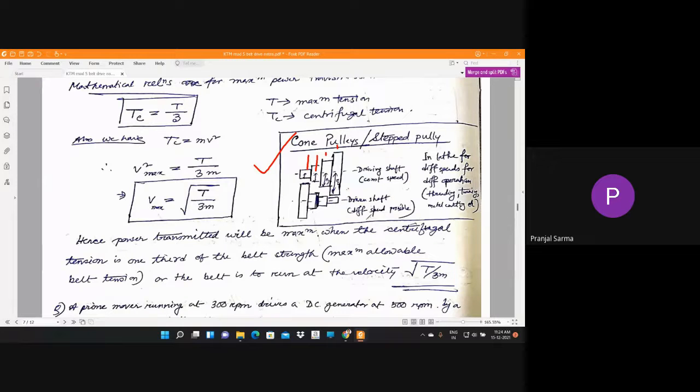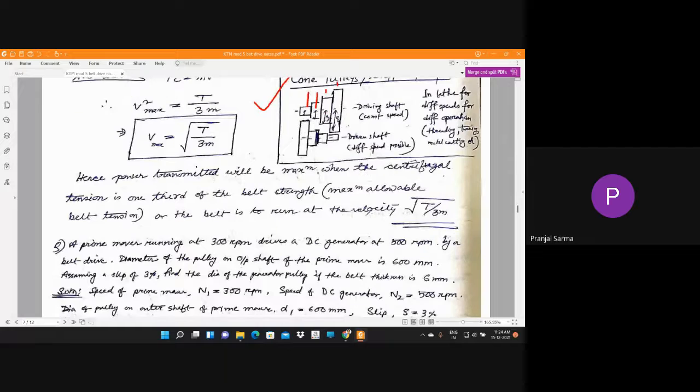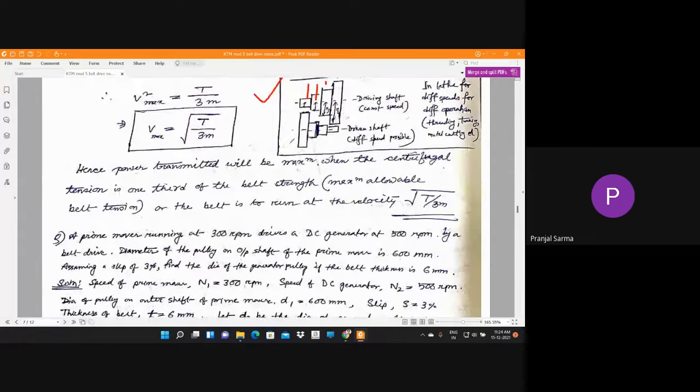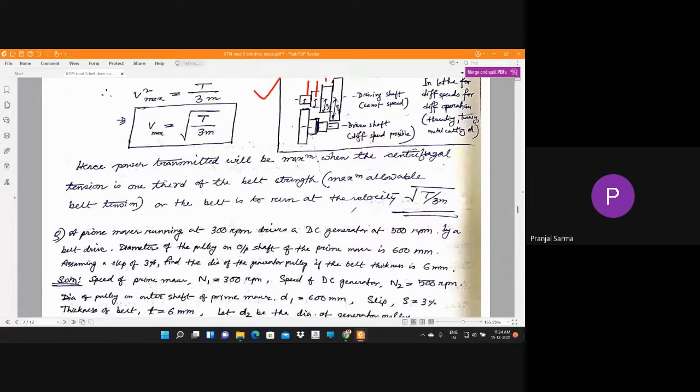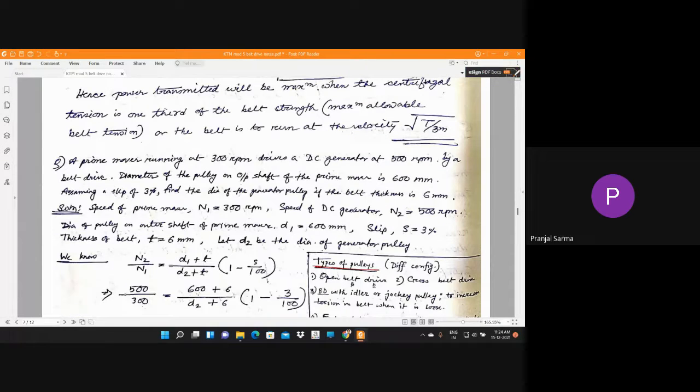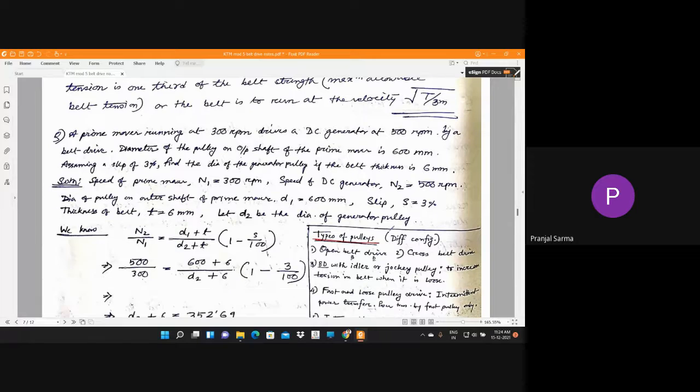Generally in the lathe, for getting different speeds for different operations like facing, turning, etc., a cone pulley is used. So in the cone pulley, it is possible to obtain multiple velocity ratios. And apart from the normal configuration, you can have